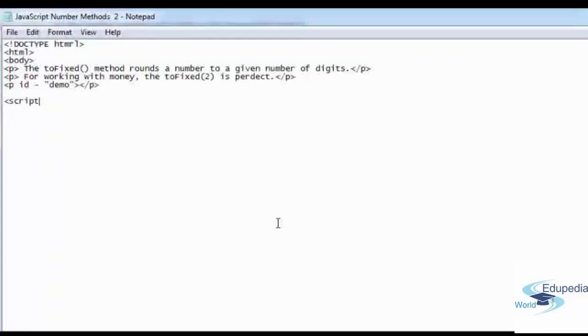script, var x is equal to 9.656, document.getElementById demo .innerHTML is equal to x.toFixed(0)